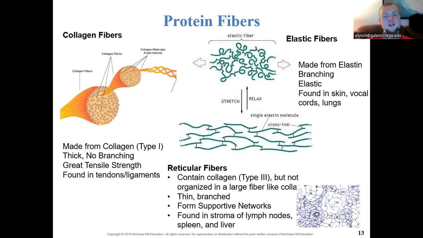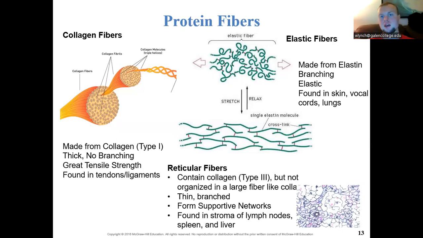The fibers that we find, as I stated before, we have the fibroblasts that are going to secrete collagen, reticular fibers, or elastic fibers. Collagen fibers are all derived from the type 1 collagen that we find. Type 1 collagen is thick. It does not have much branching. It's going to be a very thick line of fiber. It's going to have a decent tensile strength,